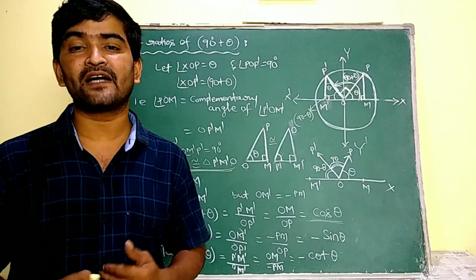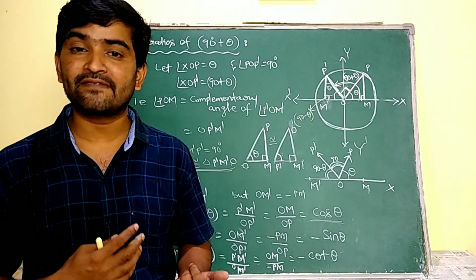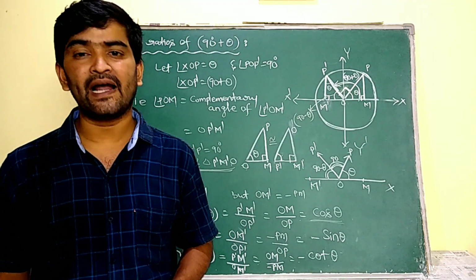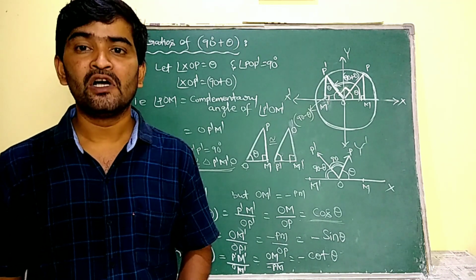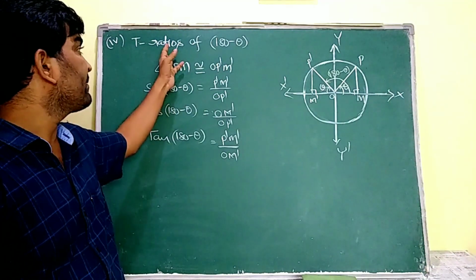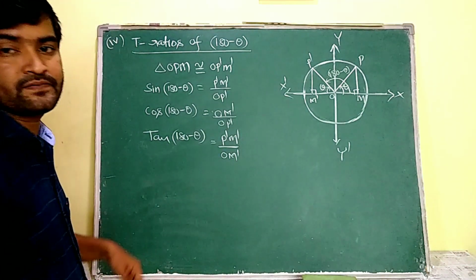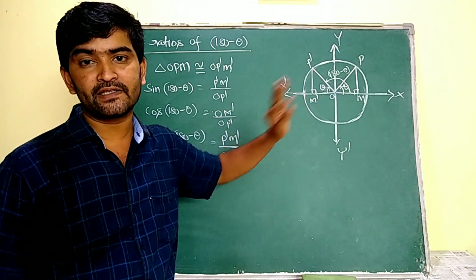Theoretically, these are a little bit confusing. Then after, I am going to explain to you how to obtain its values logically. Okay? And very trickily I am going to explain to you. Firstly, let me complete the theoretical concepts. Now see, trigonometric ratios of 180 minus theta we are going to discuss. For that again we have to draw the diagram like this.